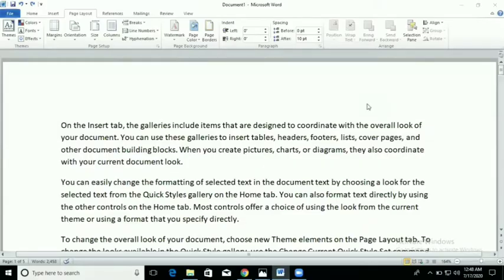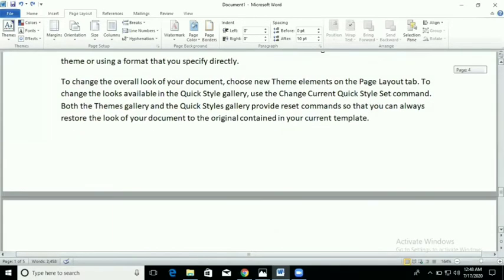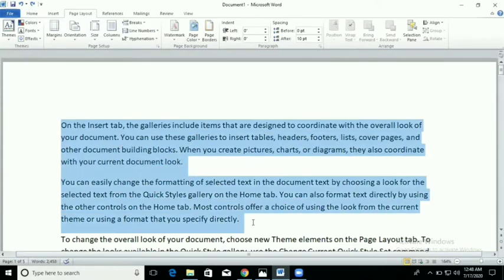You can see there is one document and many paragraphs I have written here. If I want to display, for example, these first 2 paragraphs in column form, firstly I have selected these 2 paragraphs.